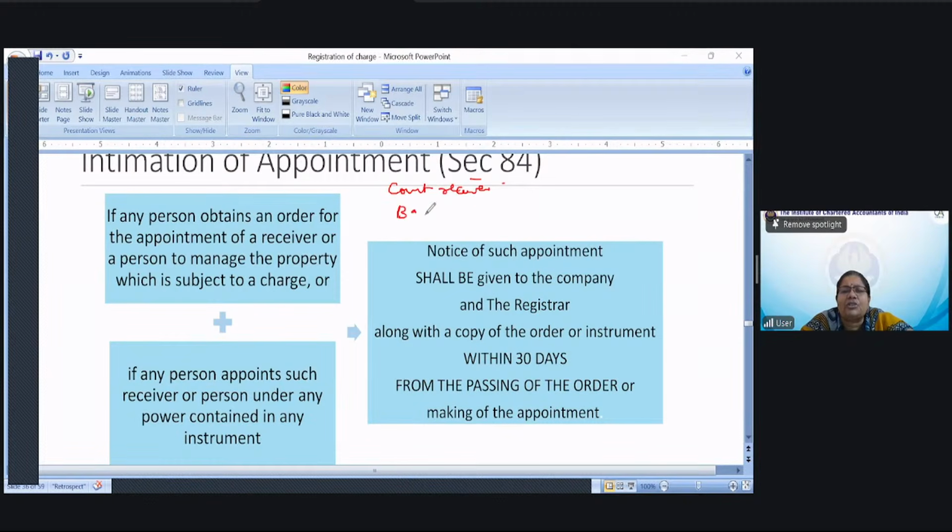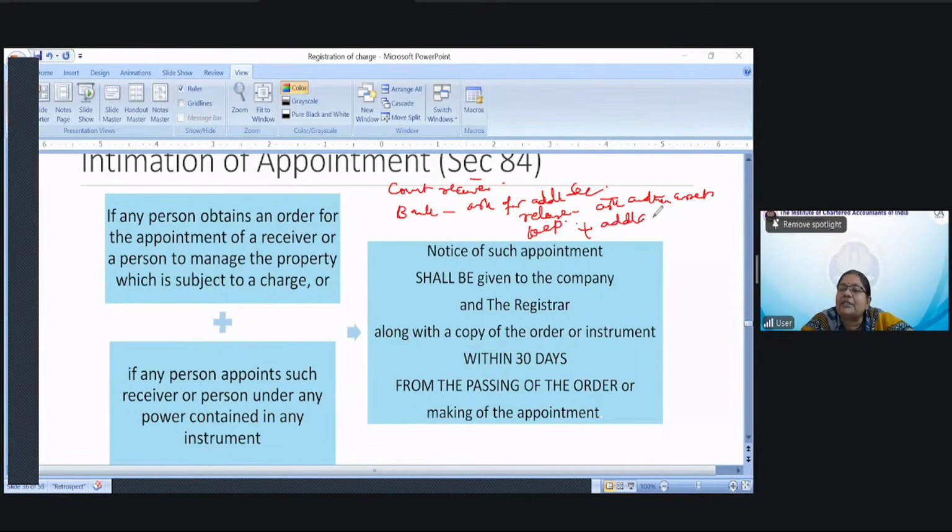Suppose the banker is not satisfied, he may ask for additional security. What he will do, he will release this asset and ask for another asset, or he can keep the existing asset